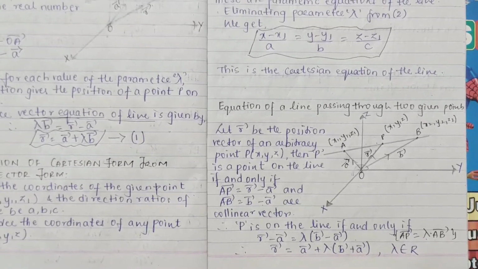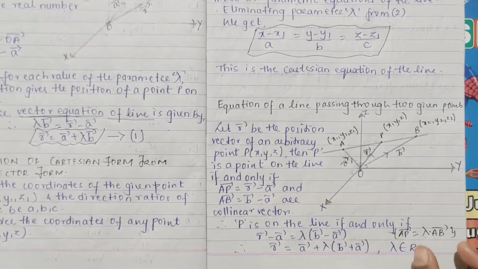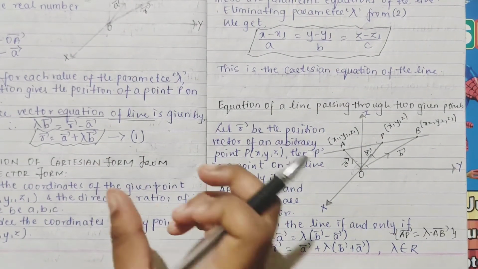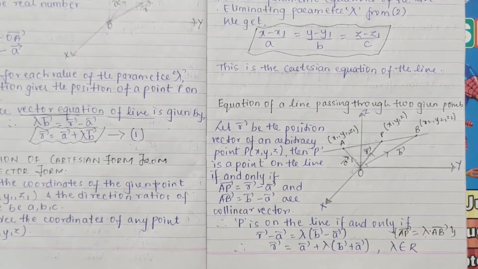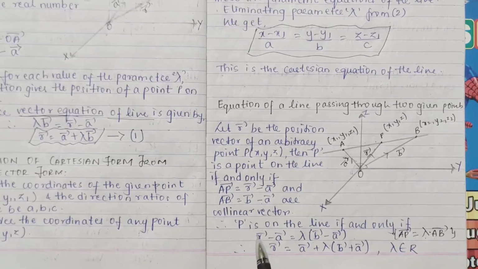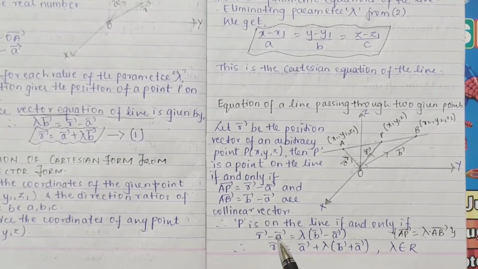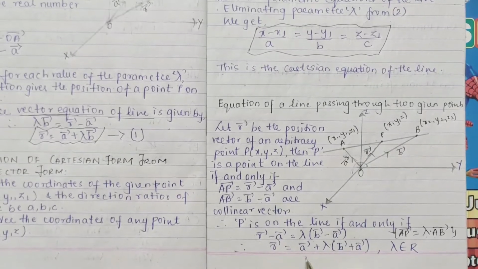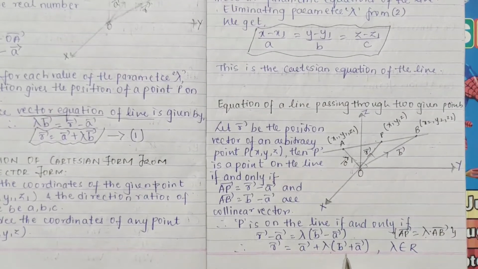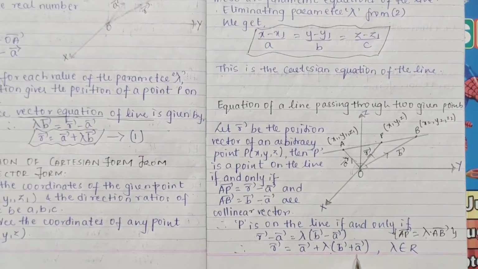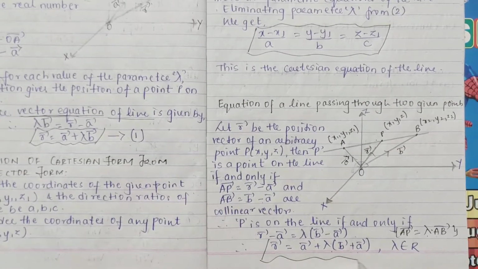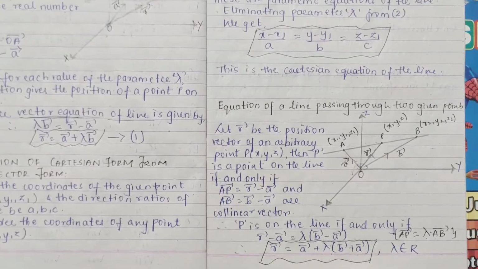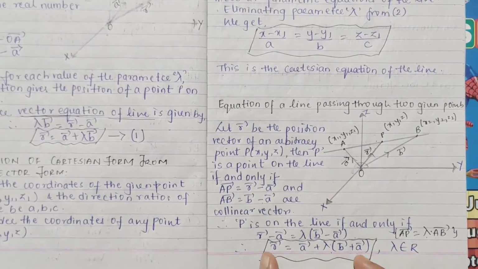where lambda belongs to the real numbers. So directly they have written it like this, because same you have done in your previous one, the line which passes through a point. It is similar, right? So we have to find your vector R only. So vector R will be what? Taking it to the right hand side, minus becomes plus, vector A plus lambda into (vector B minus vector A). So you have to remember this, because in your question they'll ask this only.